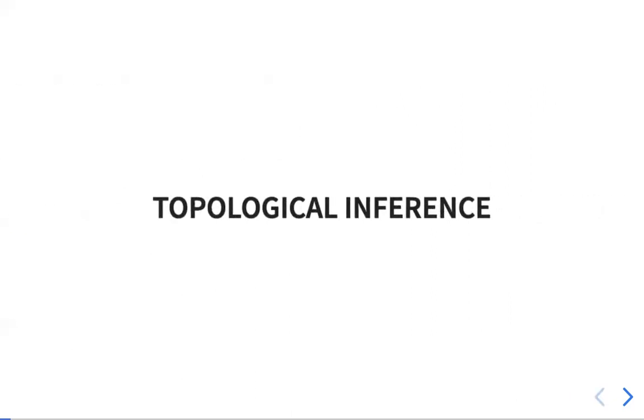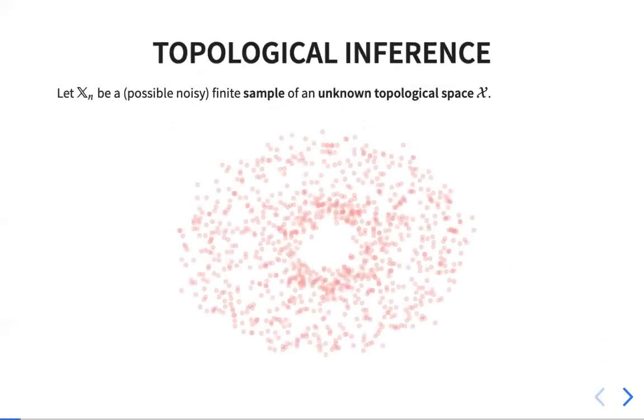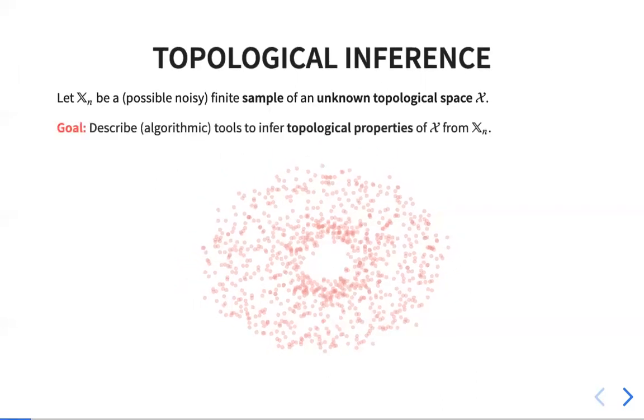Now it's working. Well, so the main motivation in topological inference, you have seen a couple of talks about this. So you have a sample, and you think about it as a noisy sample of an unknown topological space. In applications, these points are data points. And the idea is to try to describe algorithmic tools to infer topological properties from the underlying space